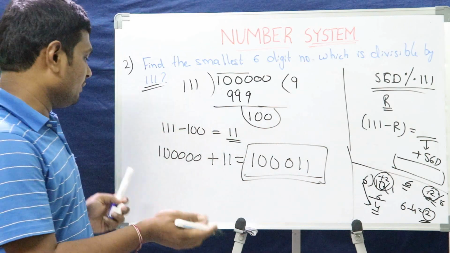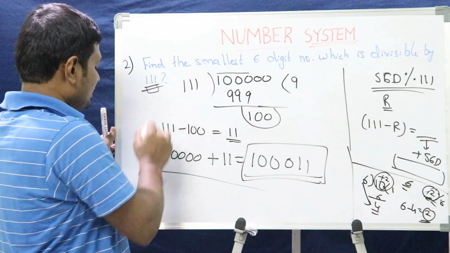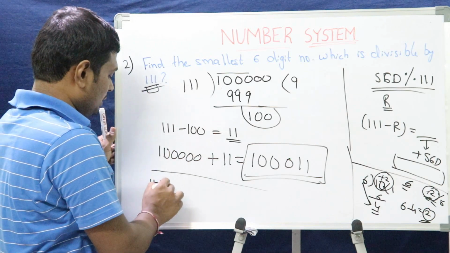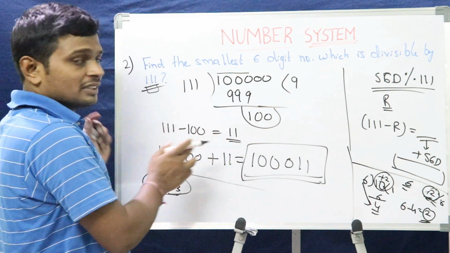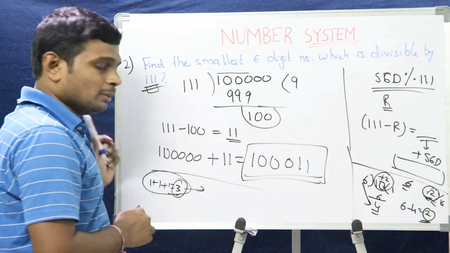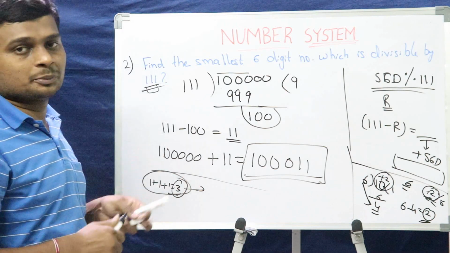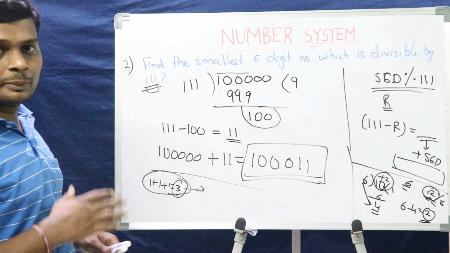And there is one more way we know, right? The sum of the digits of triple one is 1 plus 1 plus 1, which is 3. It is divisible by 3. So if we are given some options, we can also check which of these options will be divisible by 3. By that we can rule out some options. This is also possible. This is the actual method. Let me take the other problem.